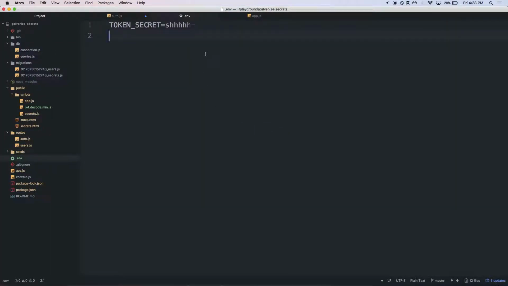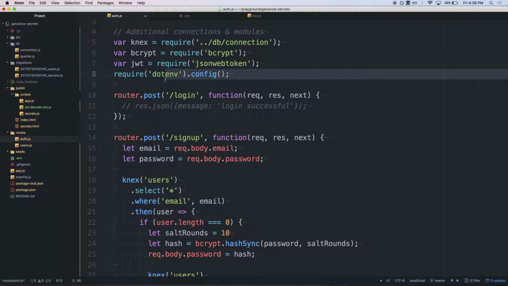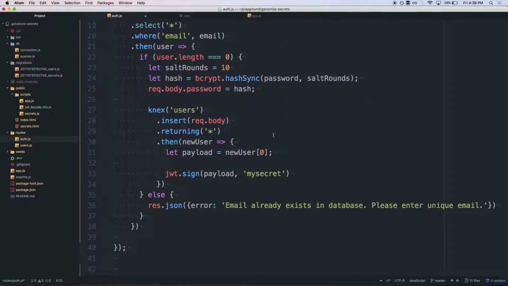All right, sweet. So if you don't have a token secret, and again, you could call this anything, I just want it to be very clear what it is, so I named it in all capitals TOKEN_SECRET. Go ahead and create this in your .env file if you don't already have one, and just make some kind of secret. It does not have to be shh. It could be secret, my secret. It could be whatever you want. It could just be a gibberish string. Just make something. And then if we go back to our route, we have dotenv required, and we can go down here to our